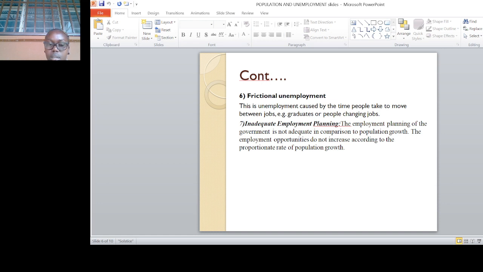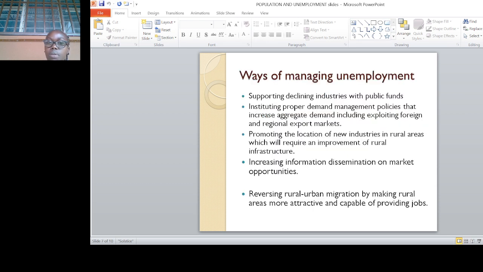There is inadequate employment planning. The employment planning of the government is not adequate in comparison to population growth. The employment opportunities do not increase proportionately to the rate of population growth. There are also ways of managing unemployment. The first one is supporting declining industries with public funds,